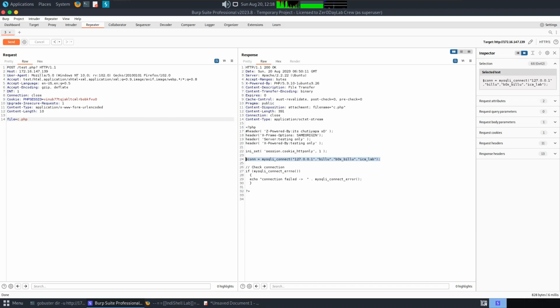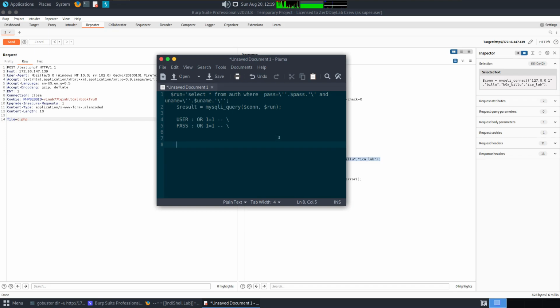Yeah, this one, let me copy it first, then paste it here. You can see, let me break it down first. The host name will be Billu, yes. Then the password equals box_Billu. Then the database name, which is ica_lab. I think those are the credentials to log in to